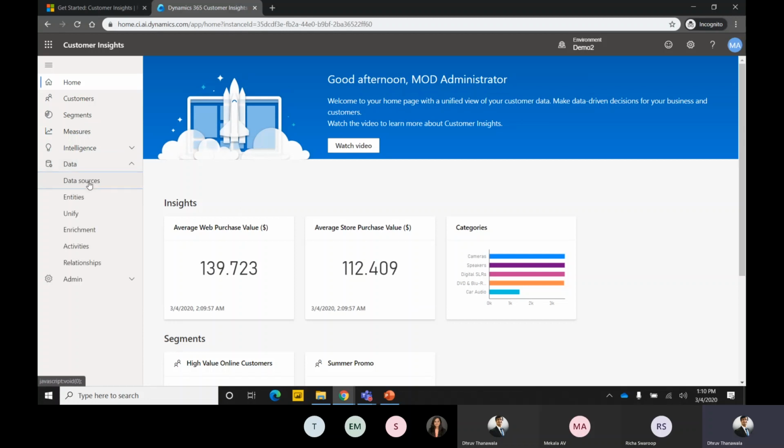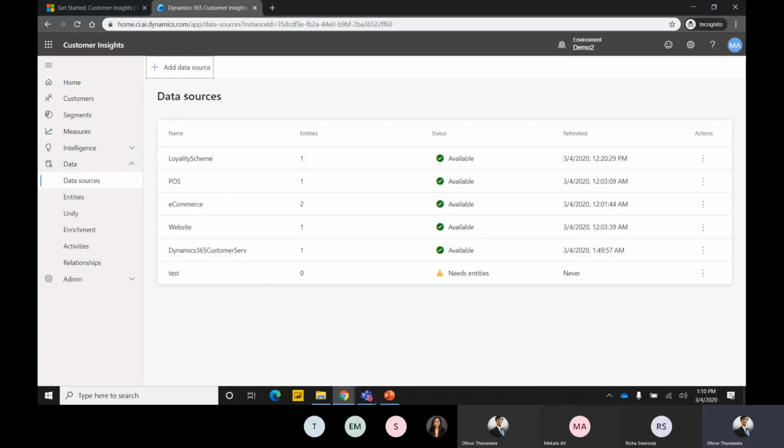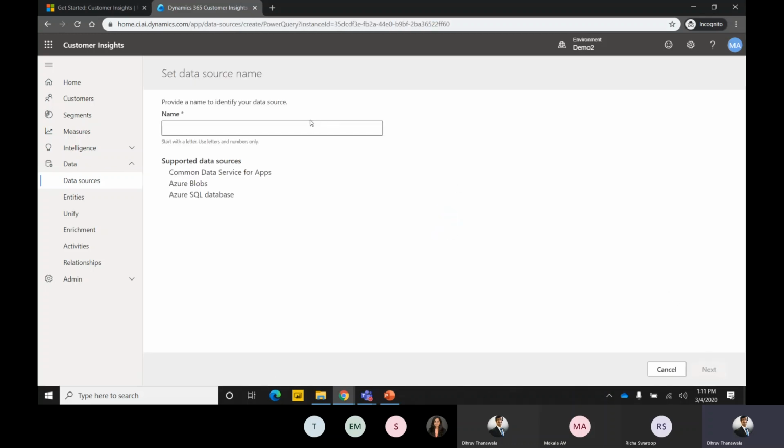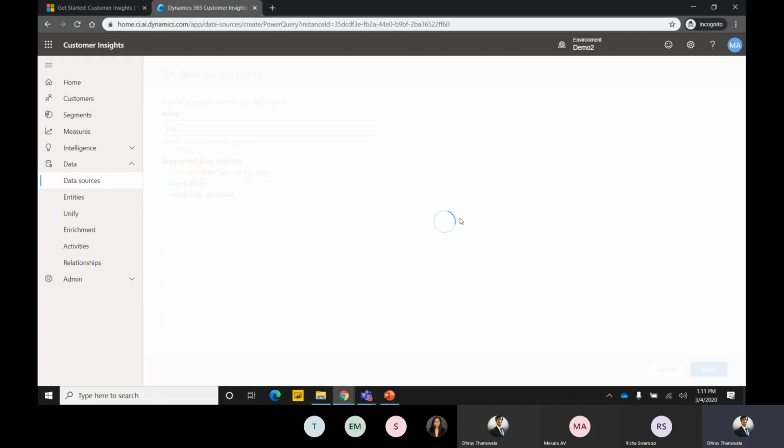So if we go to data sources, you can see I have connected 5 different data sources. If we want to create a new data source, we just need to click on plus add data source over here, then import the data, then next. After that, I can give any data source name. So let's give a name test2. If we click next, it will take a minute and it will show the different data sources